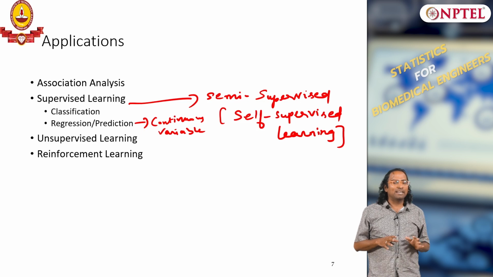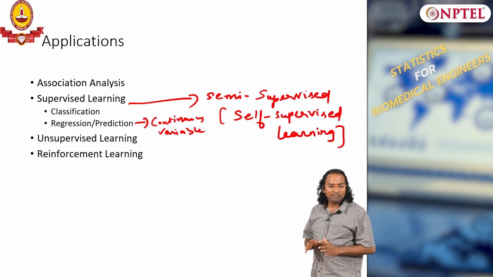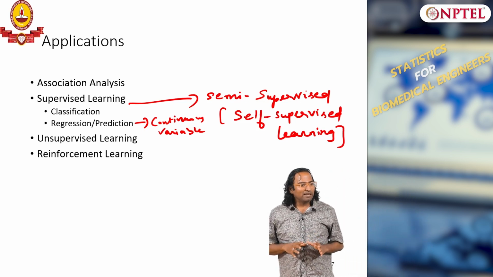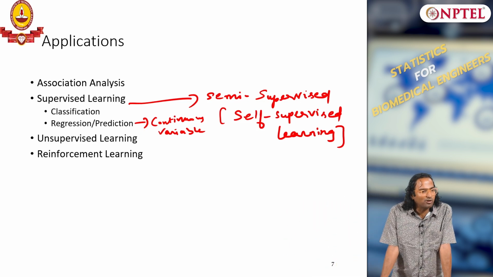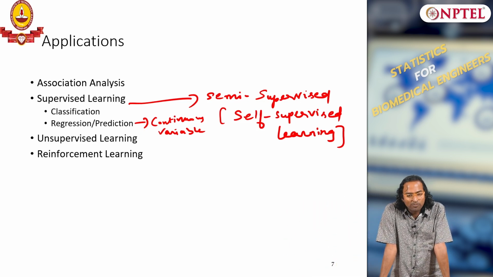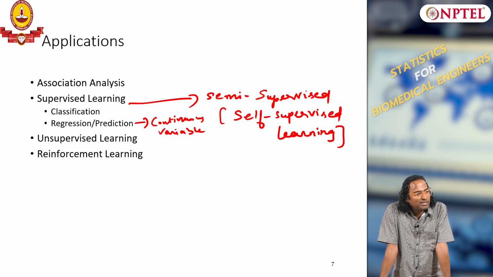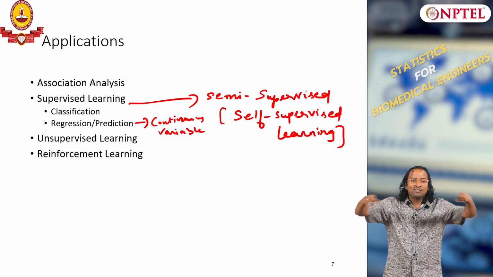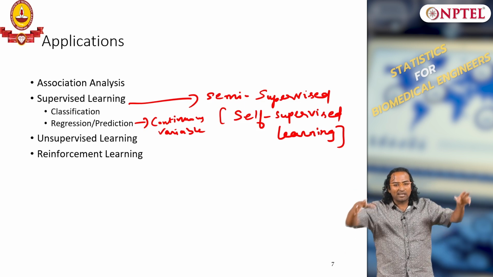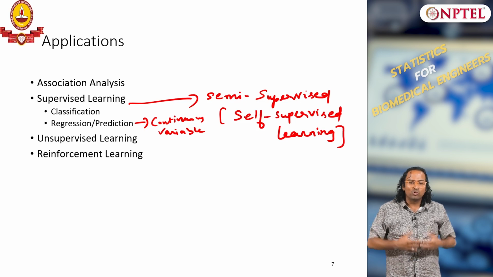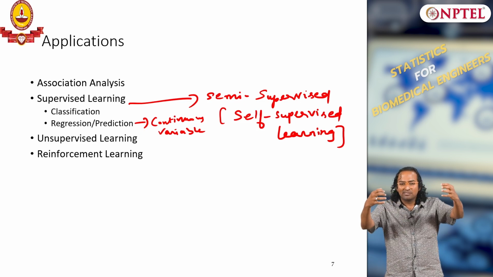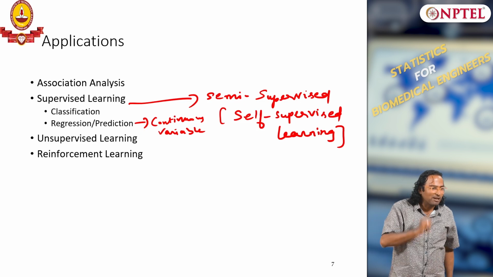So how do I intelligently ask for labeling? That is where semi supervised learning comes in. You are trying to label intelligently. What do I do? I first do unsupervised learning, group the data, whatever data is collected, group them. Now where will be the issues? Only at the boundary points, overlapping of groups, there will be confusion.